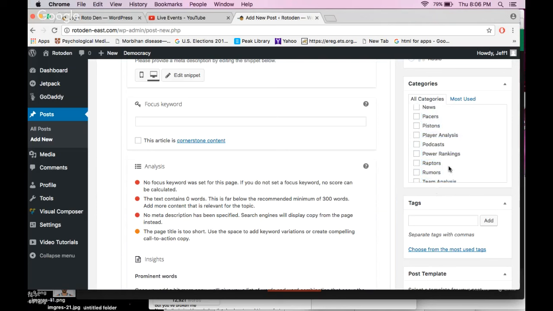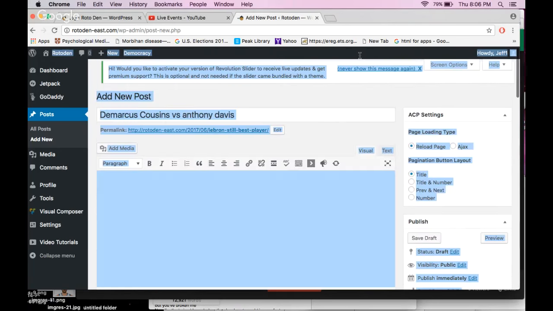Rumors, check off rumors. Okay, the next is going to be player analysis and team analysis. First, if you're writing about power rankings, check off power rankings. Player analysis and team analysis is basically, we have separate sections for this. So